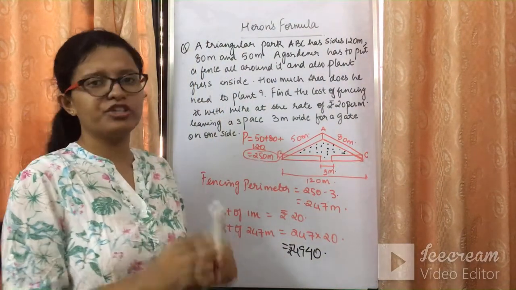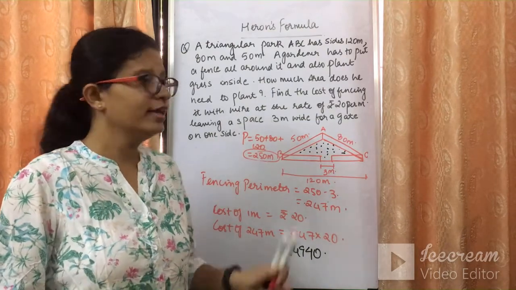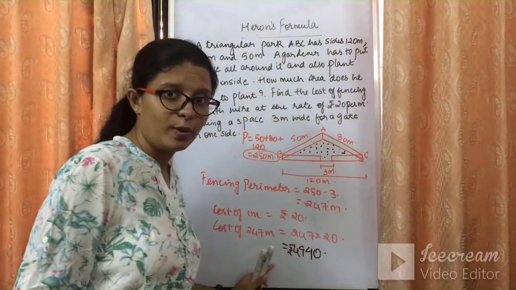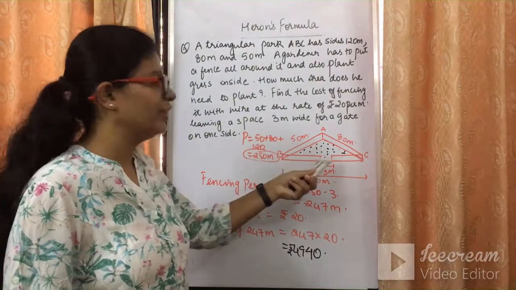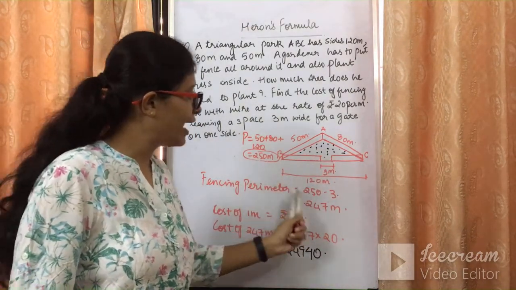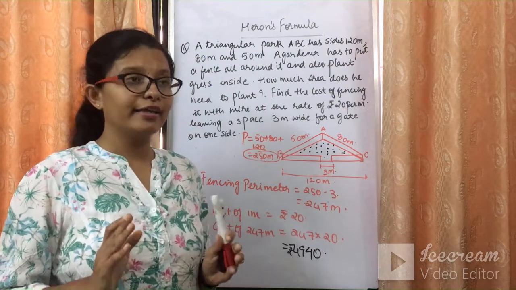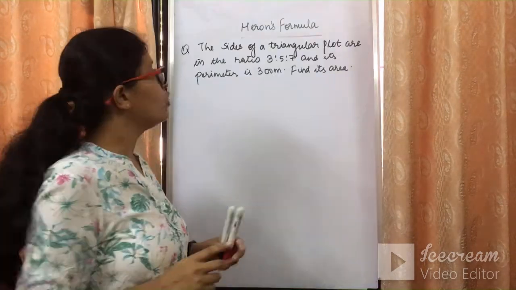So I hope the question must be very easy and clear to you all. Just the additional part which we need here, वो भी बहुत easy है, कुछ नहीं करना है, just perimeter निकाल करके, and we need to have a gap of 3. That's why we have subtracted 3 from here. I think the question is easy. Let's have a look onto this question.